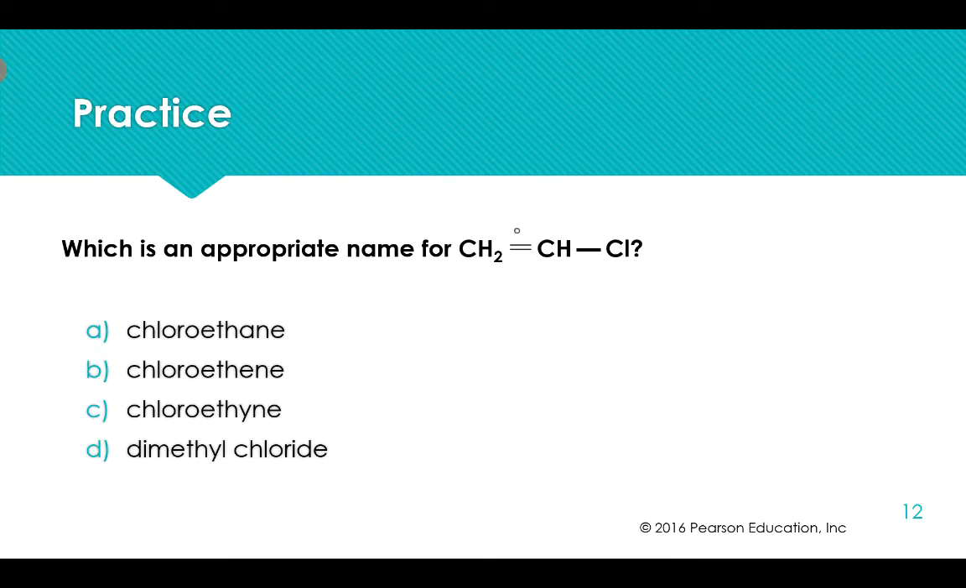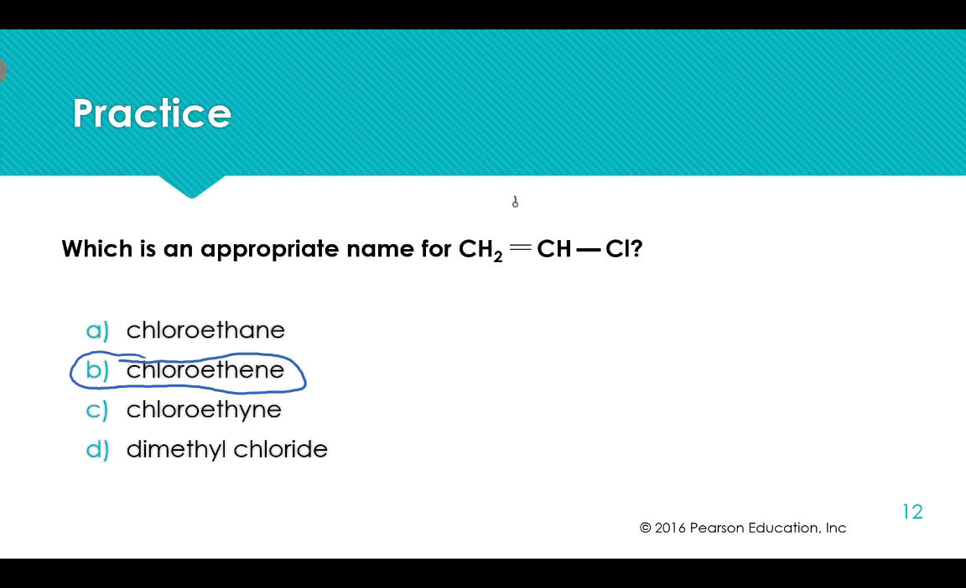Okay, so this is a double bond, which means it's going to have an ene in the name. And so that is chloroethene. You might be thinking, why aren't there any numbers here? Why isn't it 1-chloro-1-ethene? The reason why there's no numbering in this name